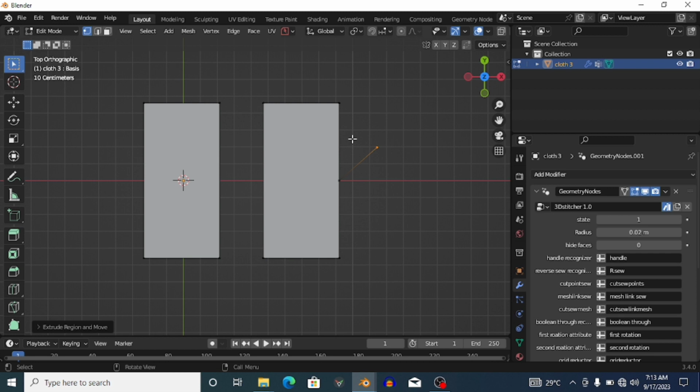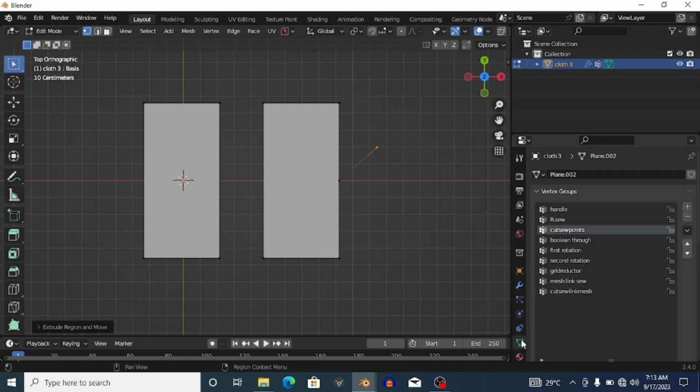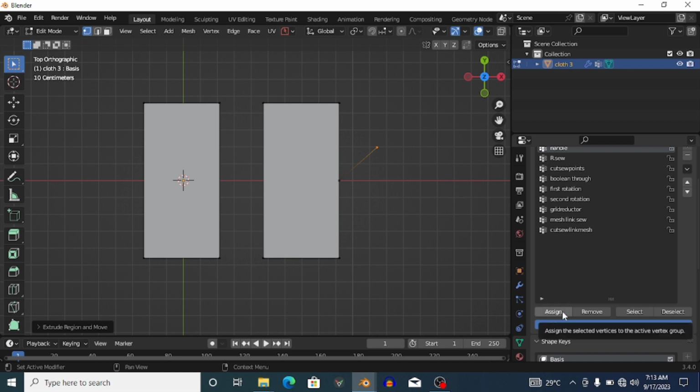So I want to make this vertex not participate in the cloth, but instead I want it to be participating in deforming this portion here, so that it can look sort of curvy. The simple way to do that is to go to the handle recognizer, which has an attribute of handle, which is a vertex group in this mesh, which I just named handle. And if you assign right now 1, nothing happens, or even 0.5, nothing happens,